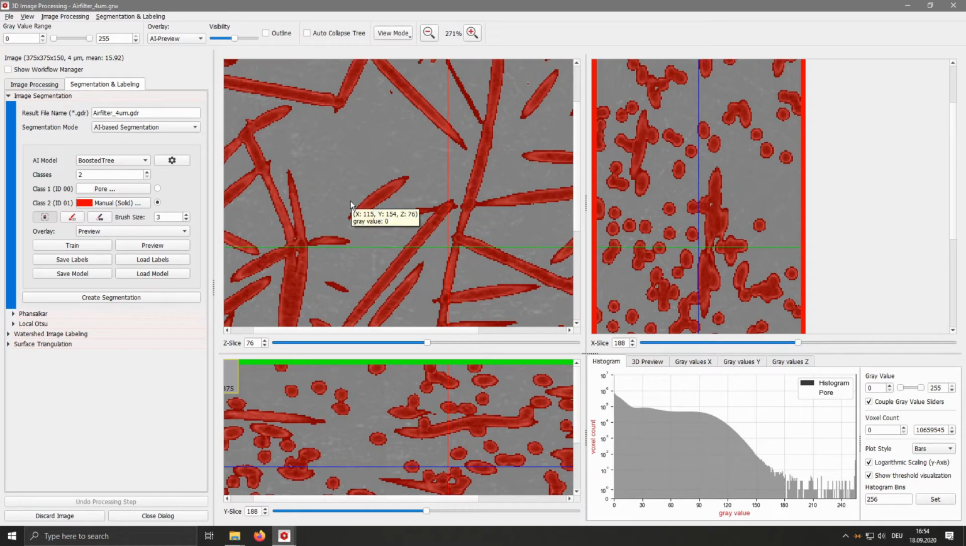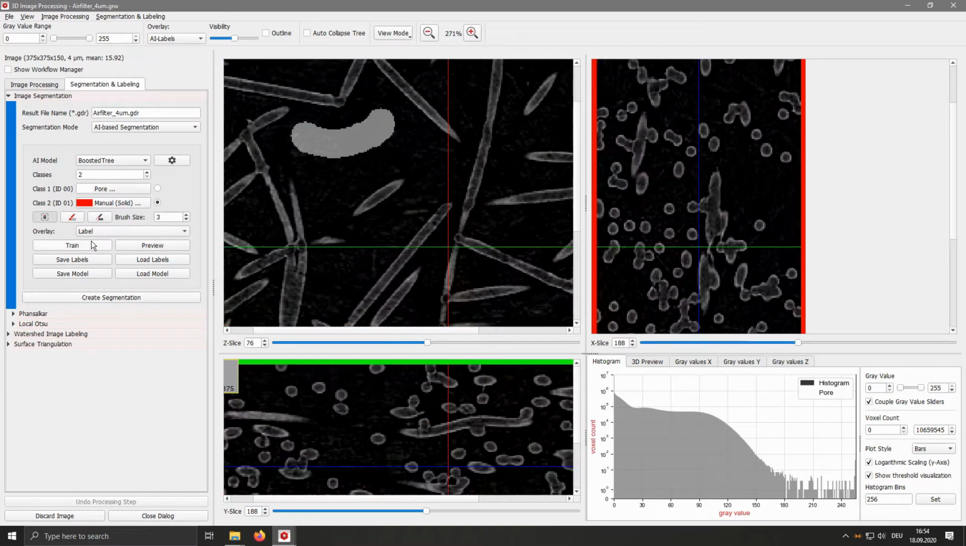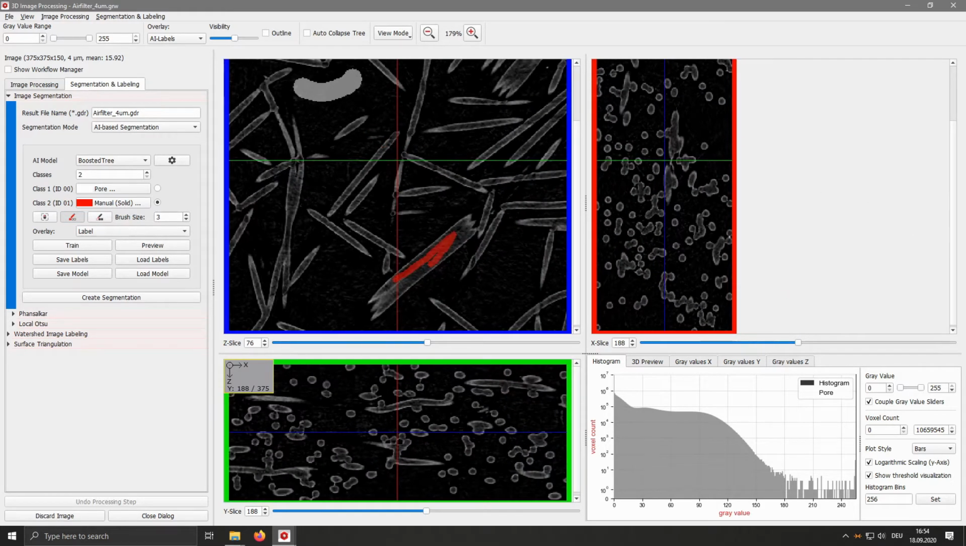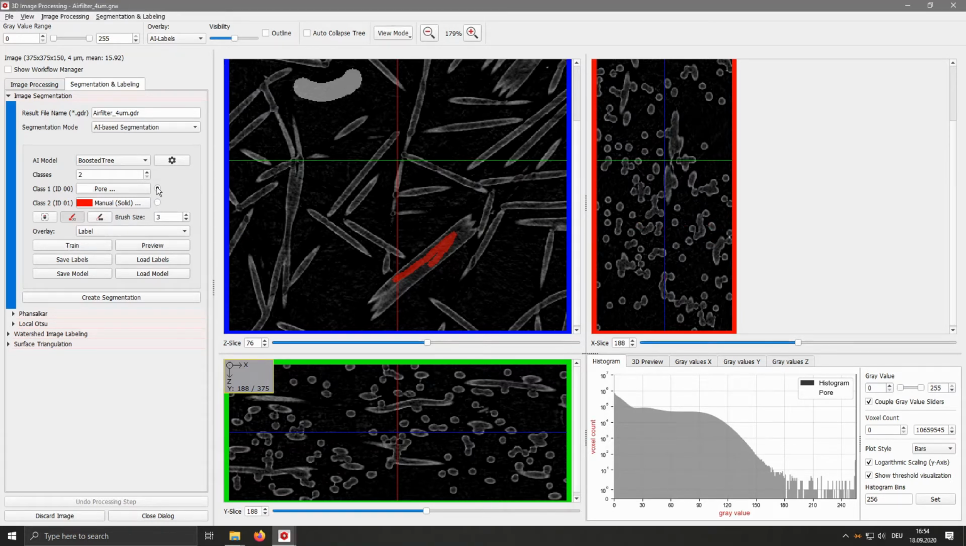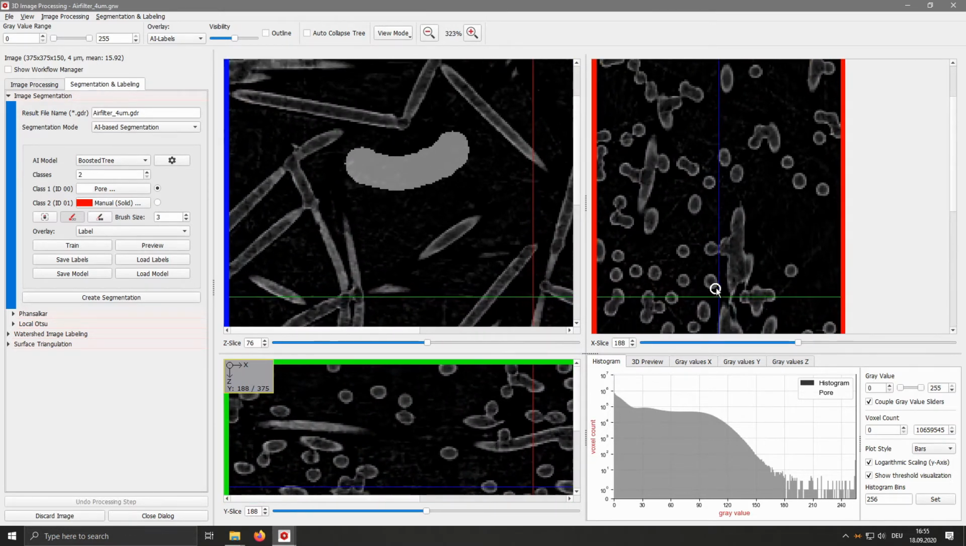So if the result wouldn't be that nice yet, we would continue to paint. So we go back over here, switch into the label mode again, and the mouse into paint mode. And then, for example, we could also paint a bit on the other slices. So right now we only painted in the XY slice, but maybe we also want to provide some labels over here. So I paint pore again and zoom in a bit